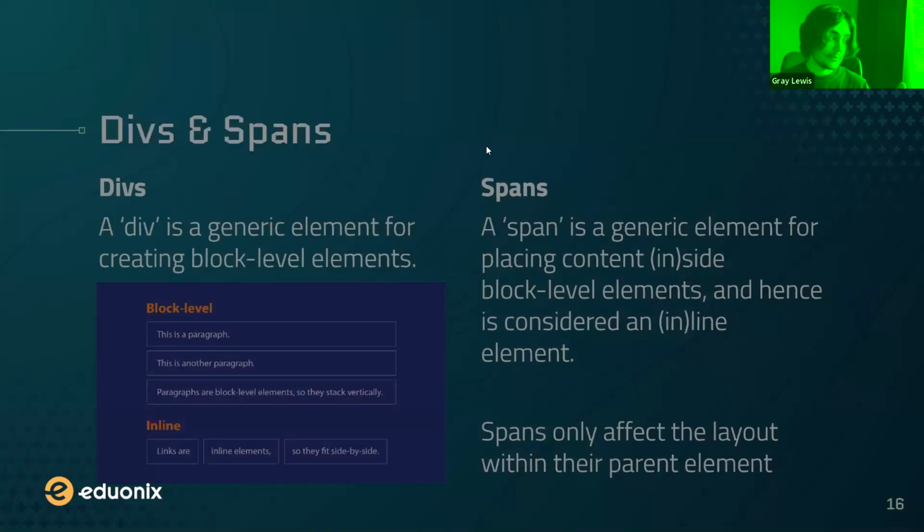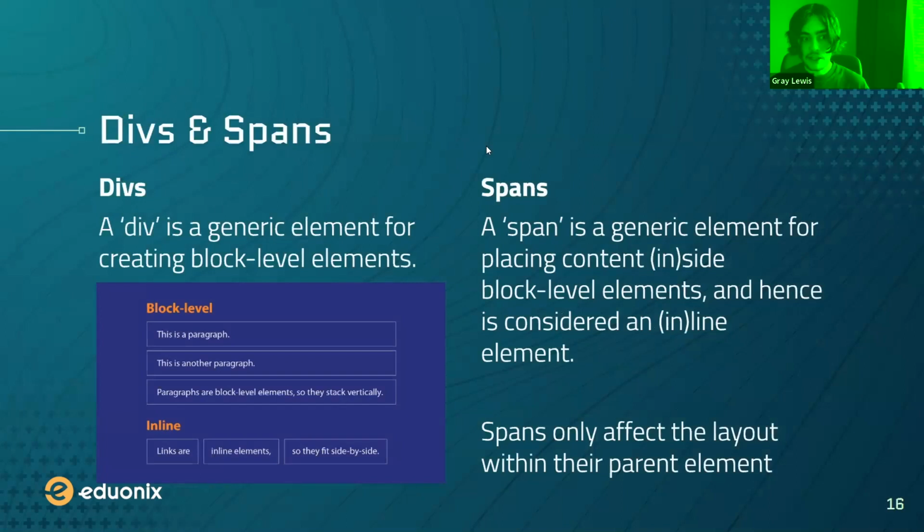We have here non-semantic elements as an example. The two most basic elements that you'll probably be applying a lot are called divs and spans. So divs are the block level elements. You can think of these as just blocks that are going to fill up the web page. They're the containers. They are going to be the children of the page, or they don't just have to be the children of the actual page itself,